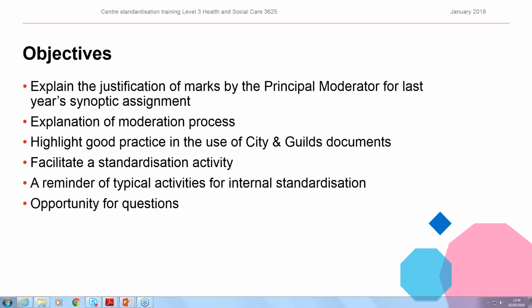So we're going to be looking at the moderation process, highlighting some good practice and the importance of the use of the Sitting Guilds documents. And then, as Dan said, looking at the different ways you can use standardisation activities to standardise your moderation, and then give you an opportunity for questions, which we'll either answer today or get back to you very promptly by email.